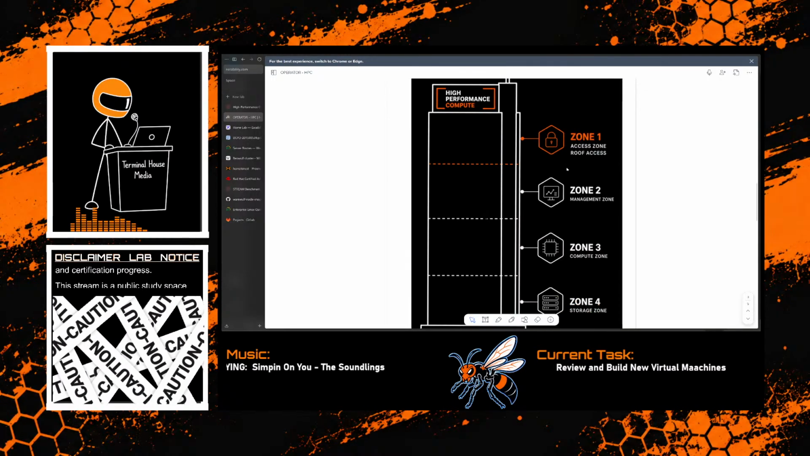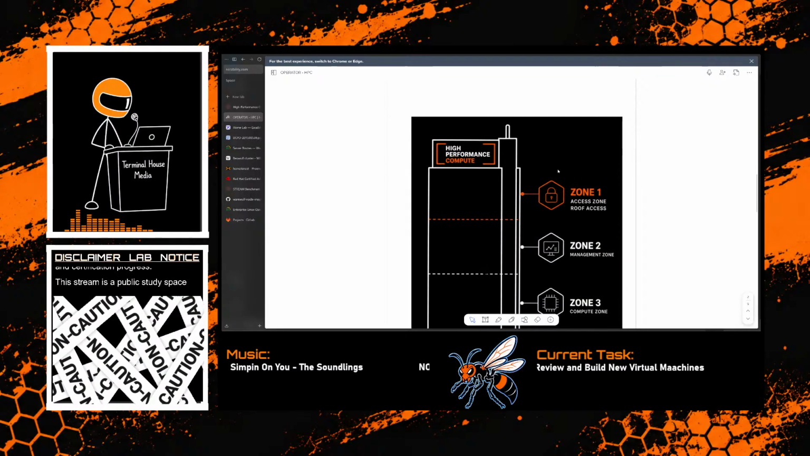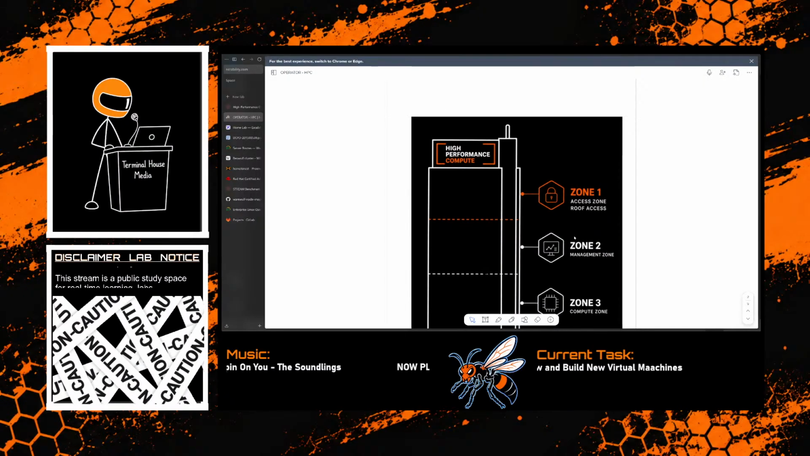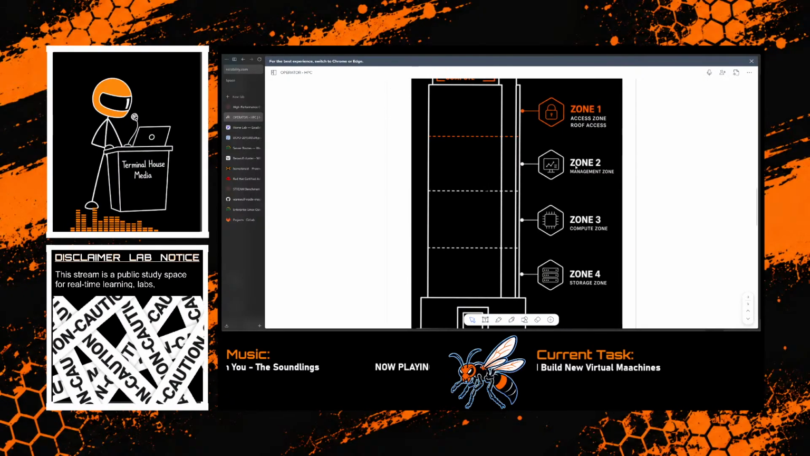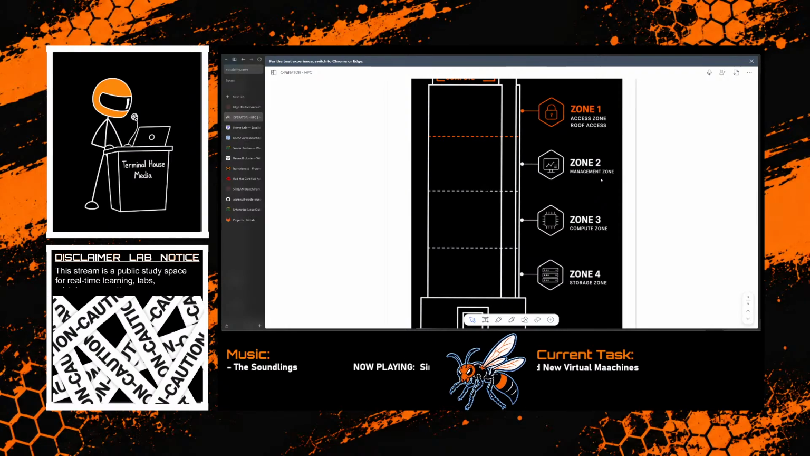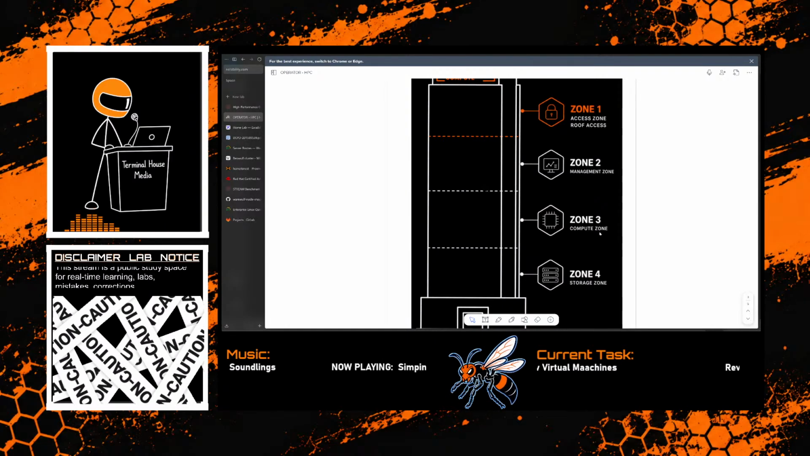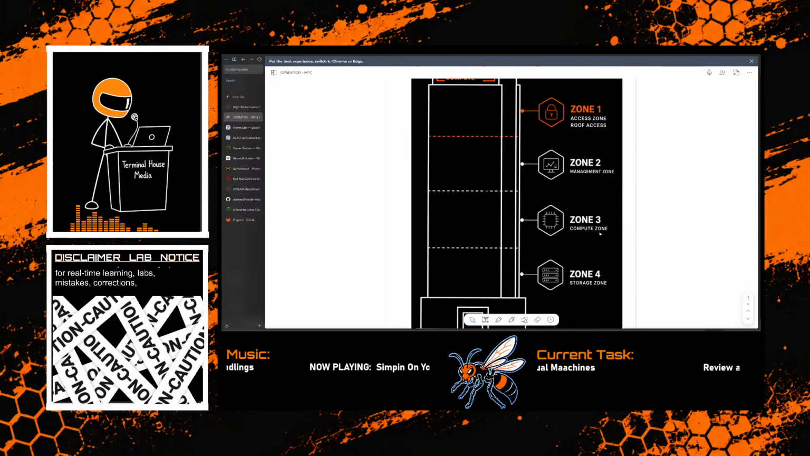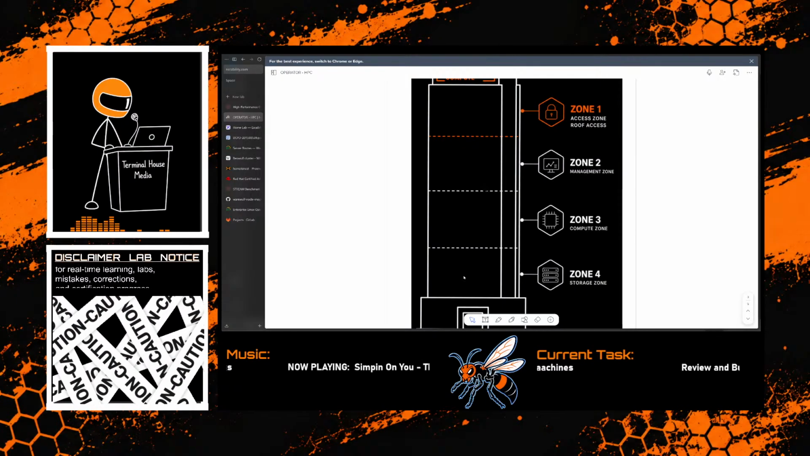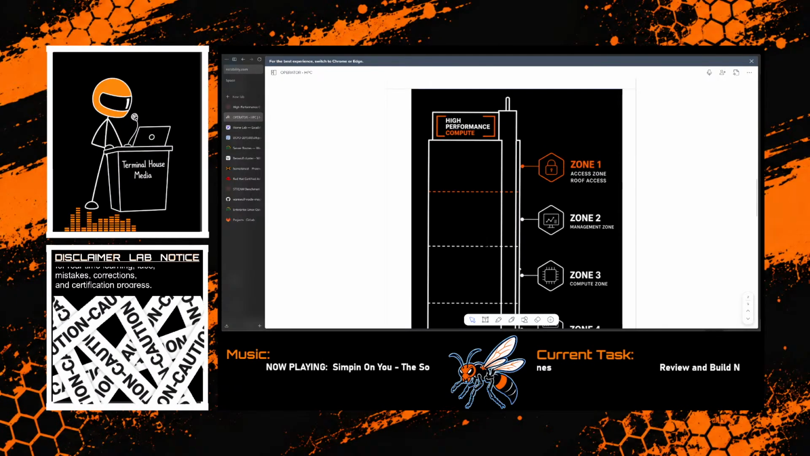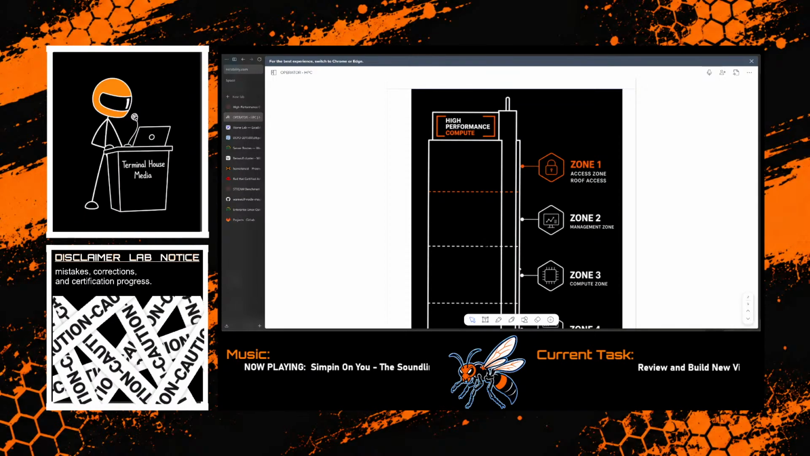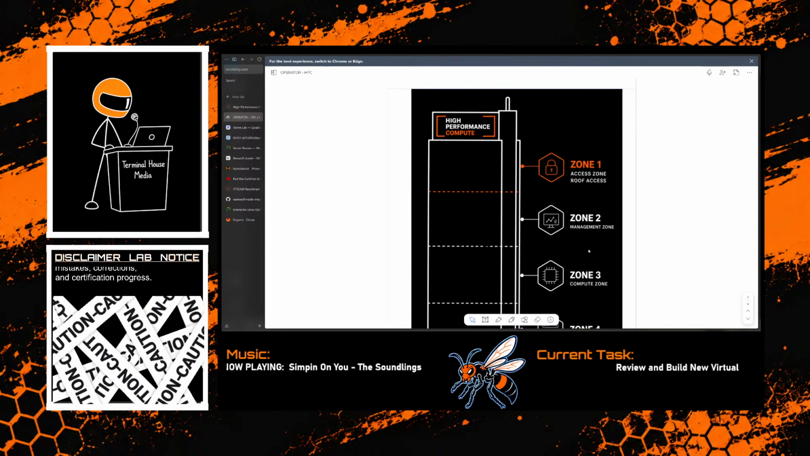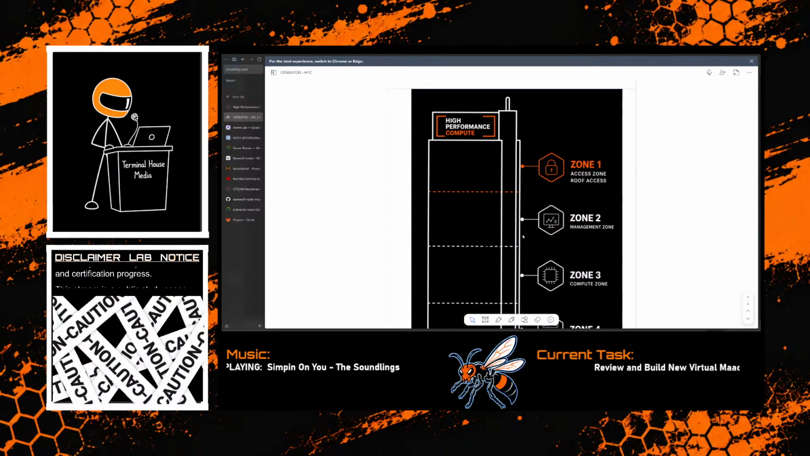So the first zone you have is the access zone, and the second zone would be the management zone. The third zone would be the compute zone, and the fourth zone would be the storage zone. So I look at it like, maybe, I guess,